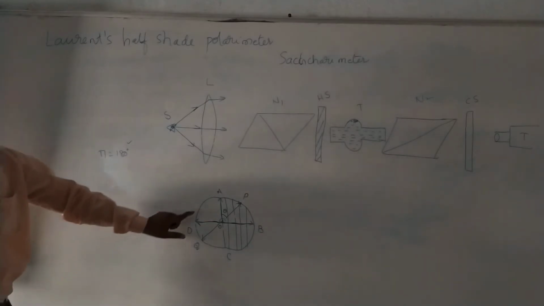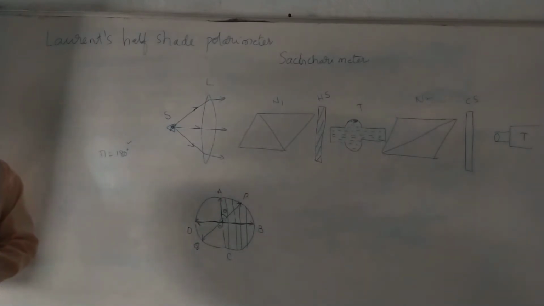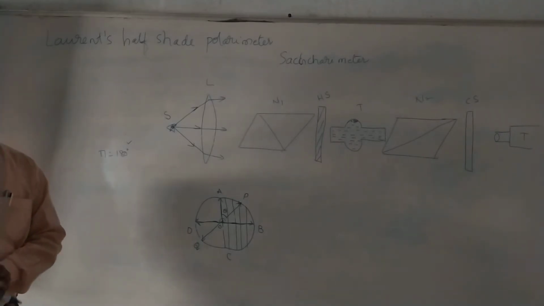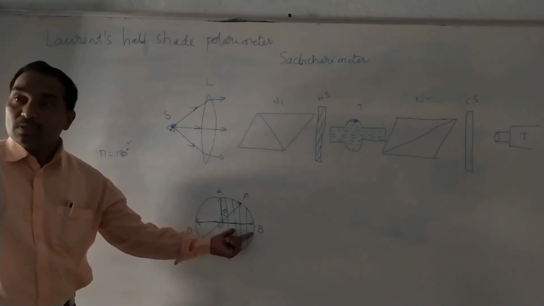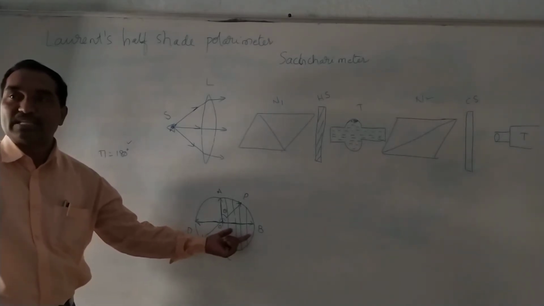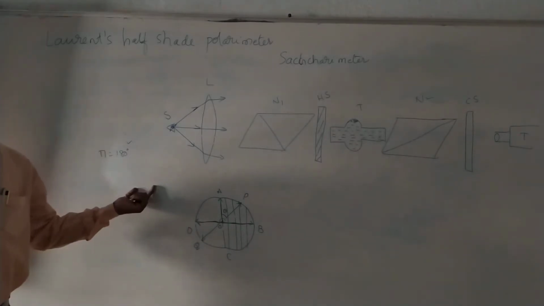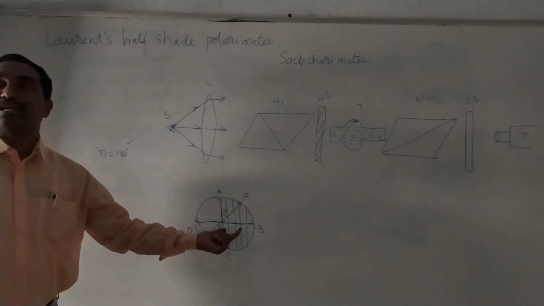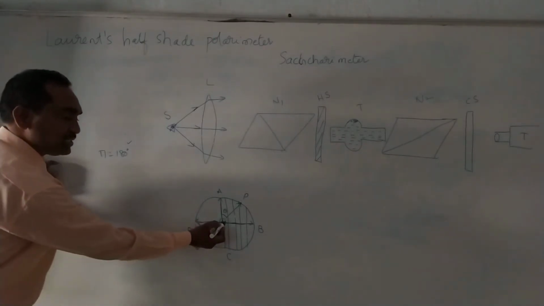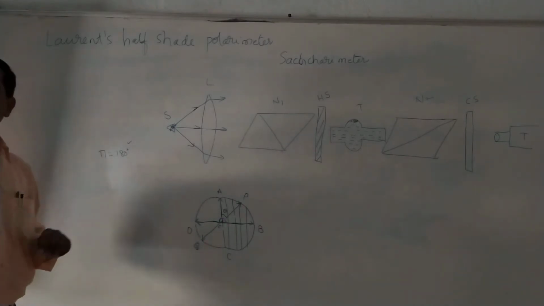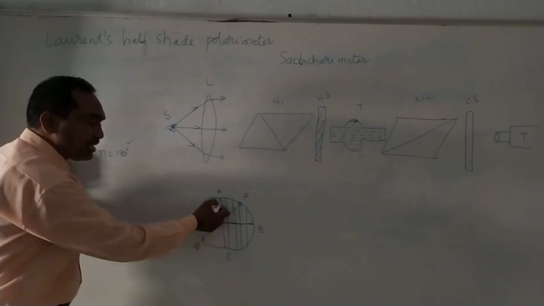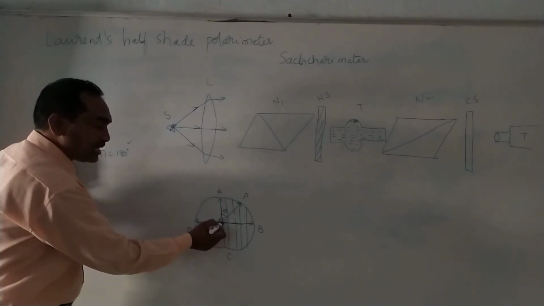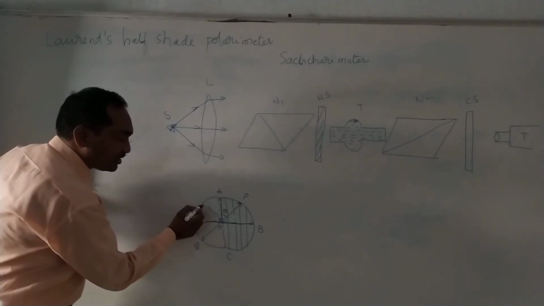The position of the extraordinary ray does not change. Did you understand? The ordinary ray is actually along OB, but we know the phase difference made by this crystal is 180 degrees. So the final position of the ordinary ray is along OD because of the 180 degrees. So the ordinary ray is along OD and the extraordinary ray is along OA. So the resultant ray is along this direction.